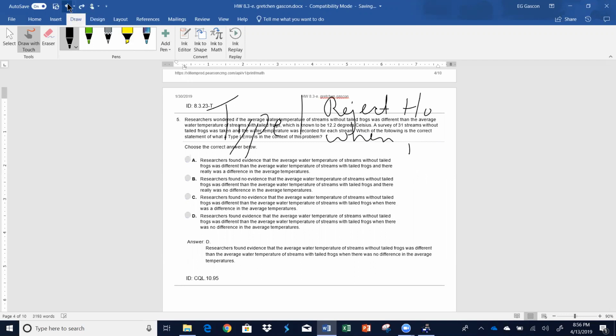Okay, so for number 5, it says they wonder if the average water temperature of streams without tailed frogs was different than the average water temperature for streams with tailed frogs, which is known to be 12.2 degrees. So they want to know if it's different. A survey of 31 streams without tailed frogs was taken. Which of the following is a correct statement of the type 1 error? So H0